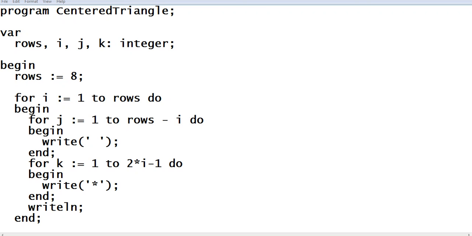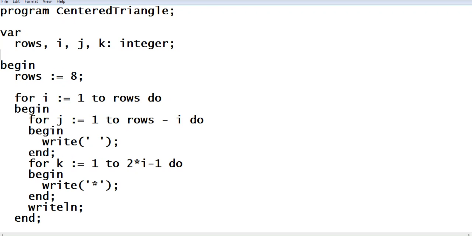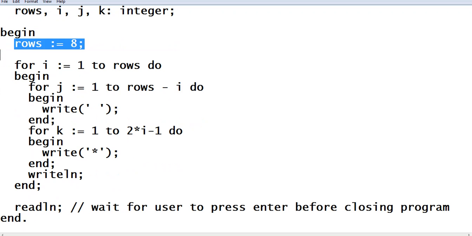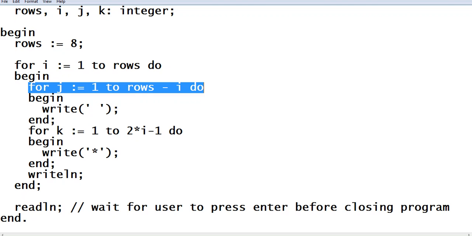Okay, so we have here program centered triangle, and then I have here several variables: var rows, i, j, and k, which are integer. When we say integer, it refers to a data type that is a whole number, positive or negative. There are no decimal places. Begin, rows, I assign 8. For i := 1 to rows do begin, and then another for loop statement,